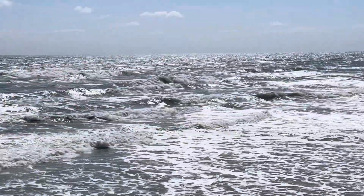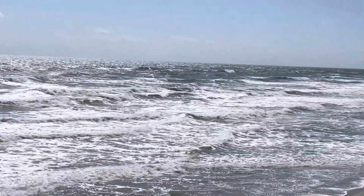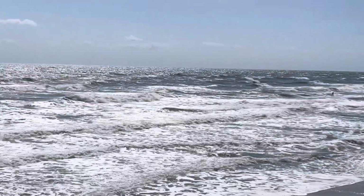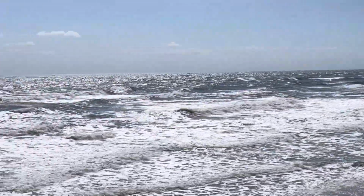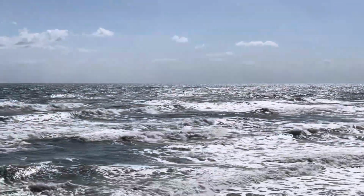This reminds me a lot of the winter surf here in the Outer Banks. Not quite as bad as some of the days I saw during winter, but definitely a bump up from the 1 to 2 footers we've been seeing a lot of recently. All right, so let's get down to some of the local wave reports from our wave monitors right now here